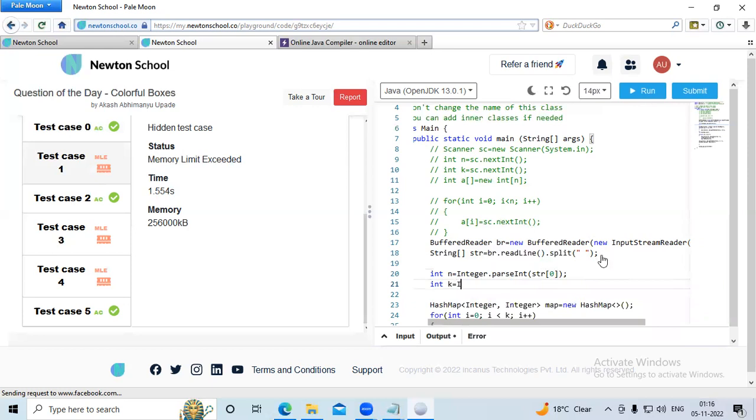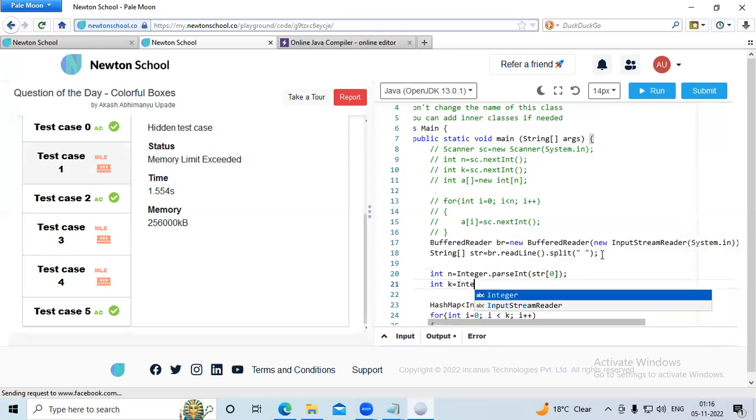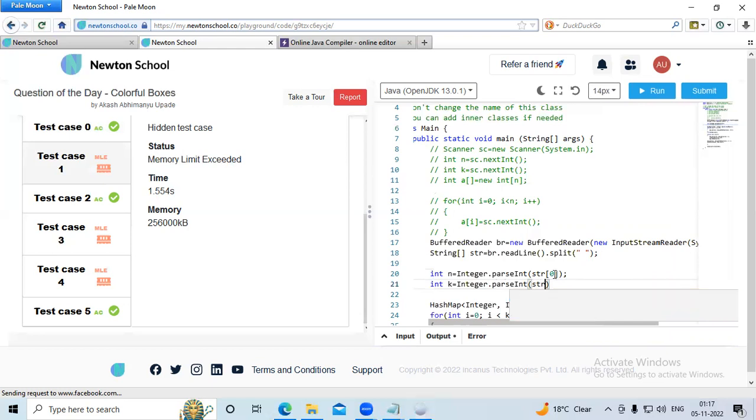Okay, now we'll take another variable that is k, integer k equals to, so we'll write Integer.parseInt, and inside this we'll pass str string array और यहाँ पे इसके पास कर देंगे 1। अभी ऊपर यहाँ पे हमने 0 पहले किया, अभी उसके बाद 1 पास कर देंगे। और अगर और कोई वेरिएबल हमको लेना पड़ेगा, तो यहाँ पे हम सिंपली 1 के बाद 2 पास कर देंगे, फिर 3, फिर 4, लाइक दिस हम इसमें पास कर देंगे।